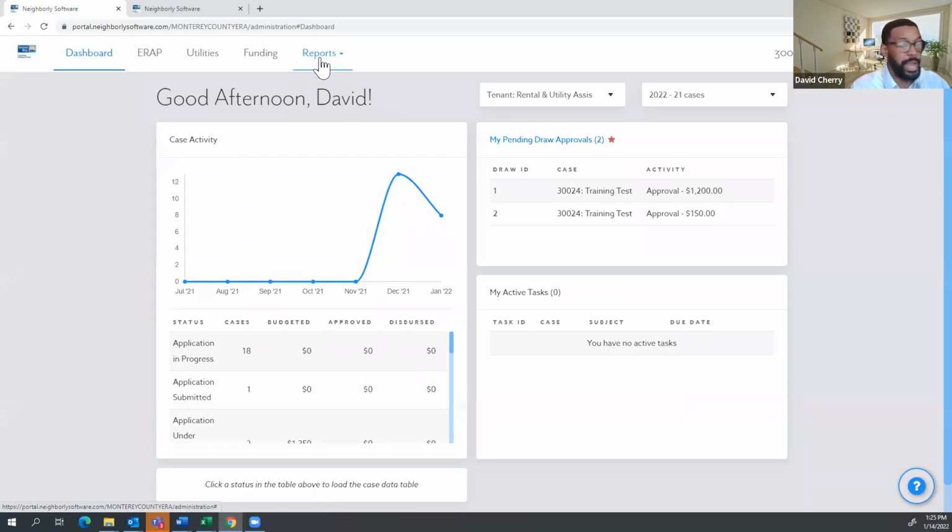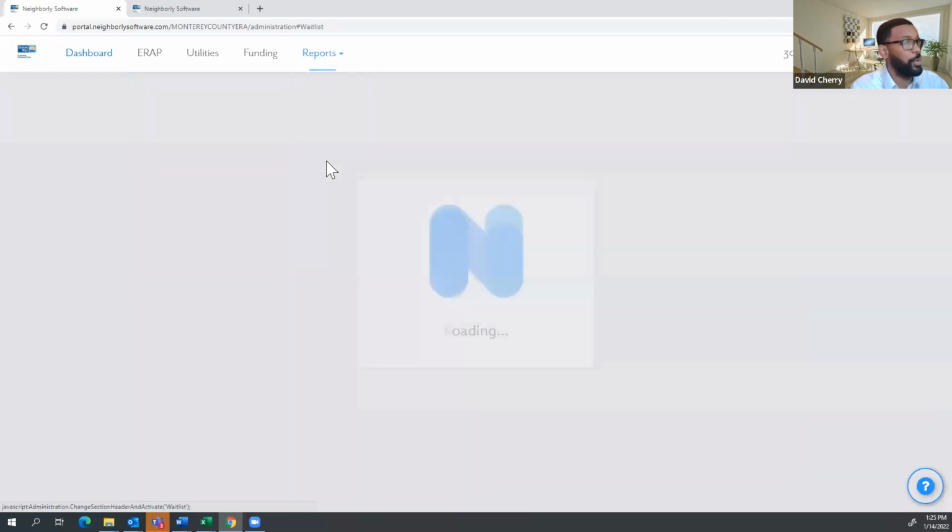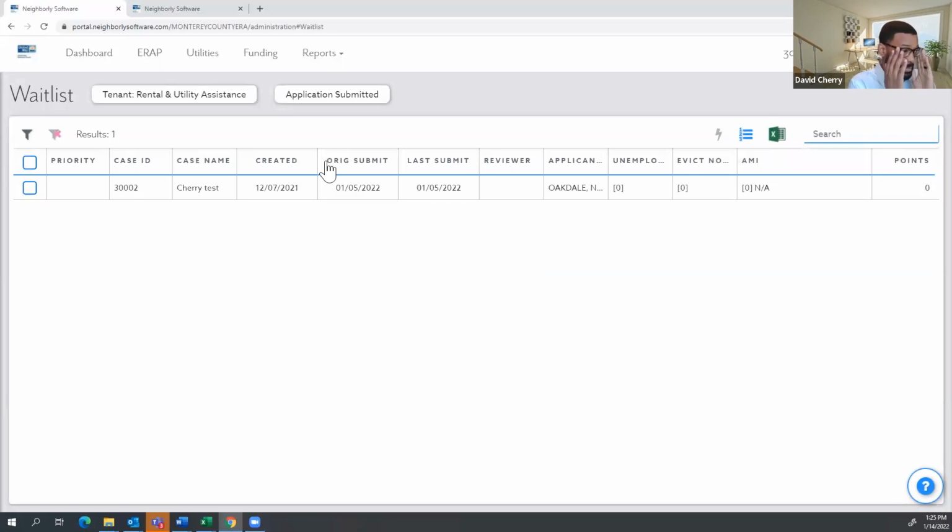But probably depending on the amount of applications that you have, the best way is to go into reports and click on the wait list. In your wait list, it's going to link all your submitted applications. So it won't show you applications in progress, but just submitted, because those are the applications that you will be reviewing. So it'll show you all your submitted applications. So supervisors are able to come in here and assign cases by